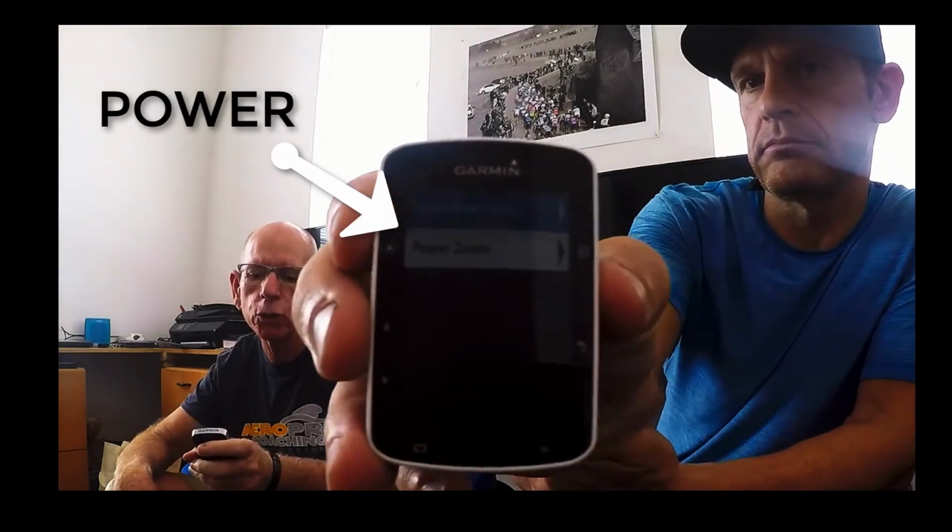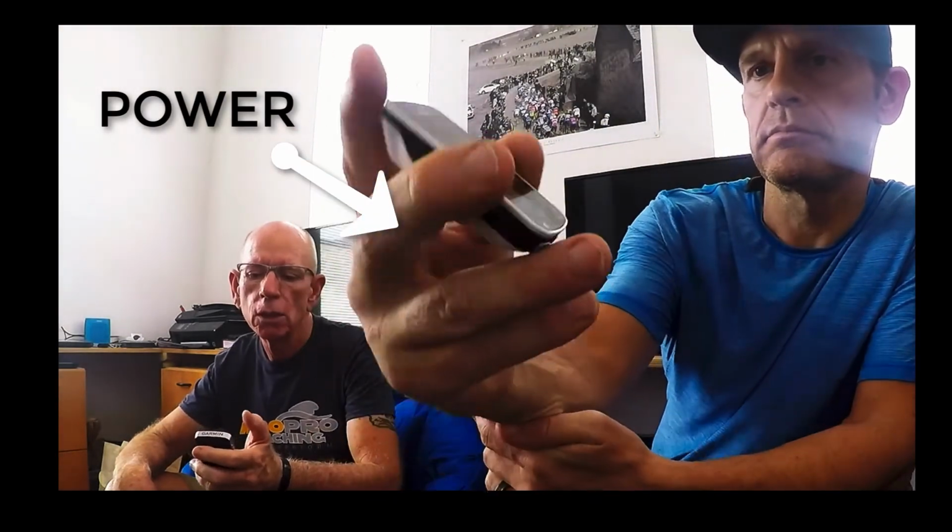Without setting any zones, the tool becomes less effective. So we're going to make it more effective by setting up some zones for you. This next screen will enable you to set it up either by heart rate zones or by power zones. And today, for this video, we're going to do power zones. So if you click on power zones, then